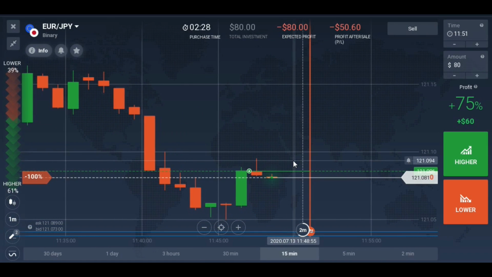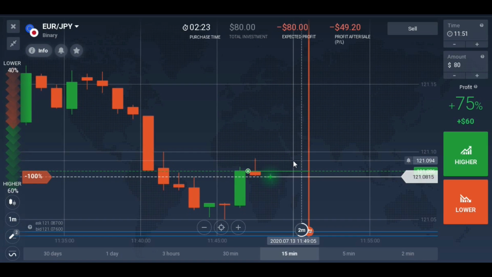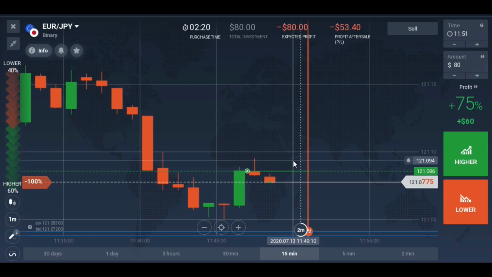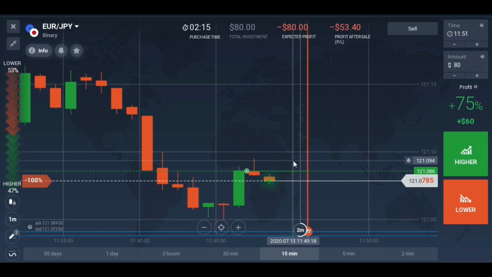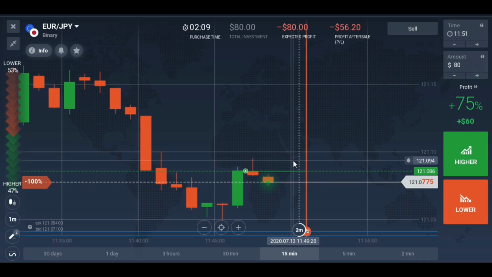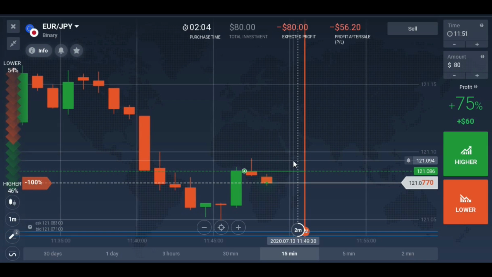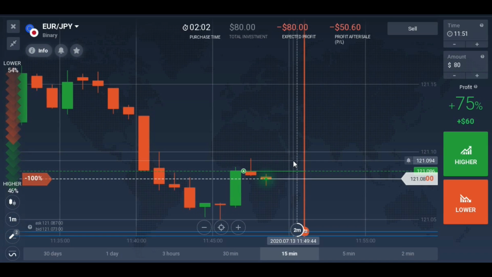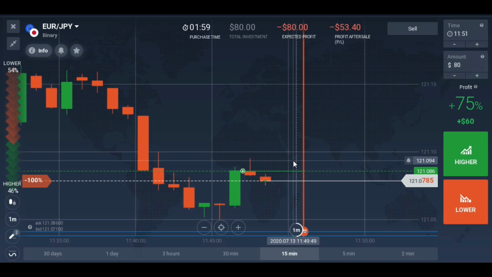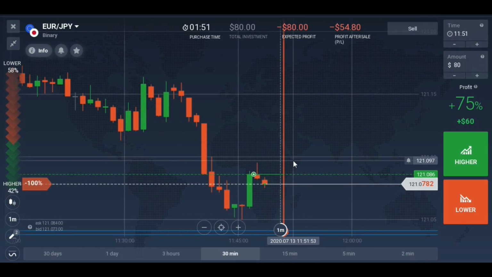So let's wait for the results. The results are going to come out in the next 3 minutes. Let's wait for the results. As you can see, it's moving slowly, but I'm sure that the market will continue to go upward, because this is what it's going to do. We have completed all the rules, and the price action suggests one thing, that the market will continue to go upward. So let's wait for some time.